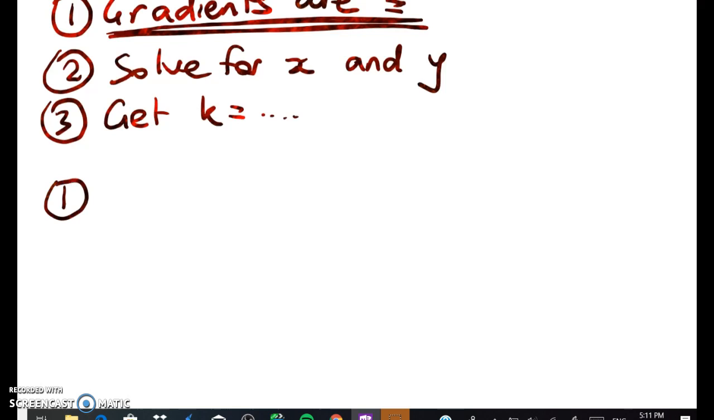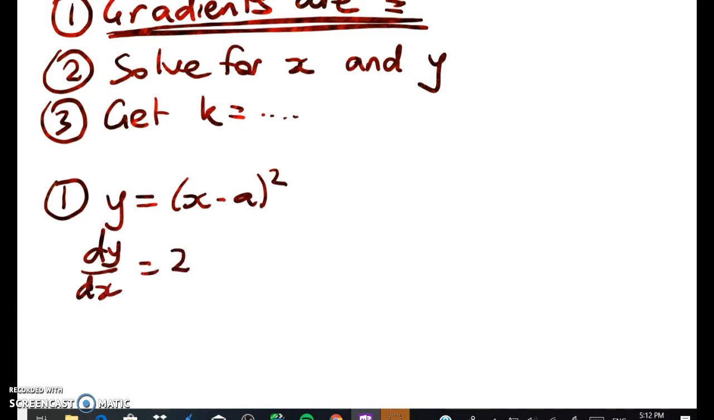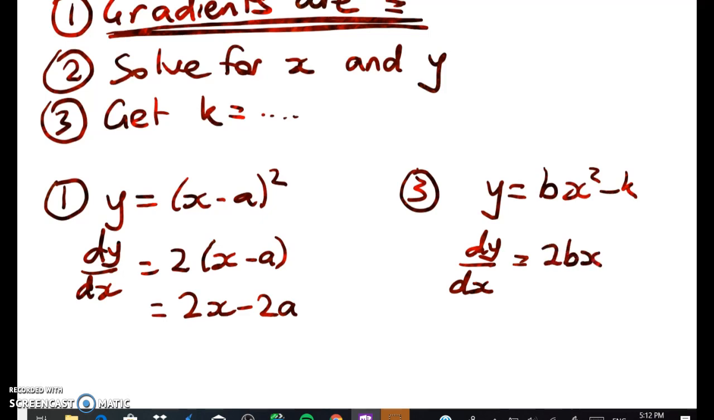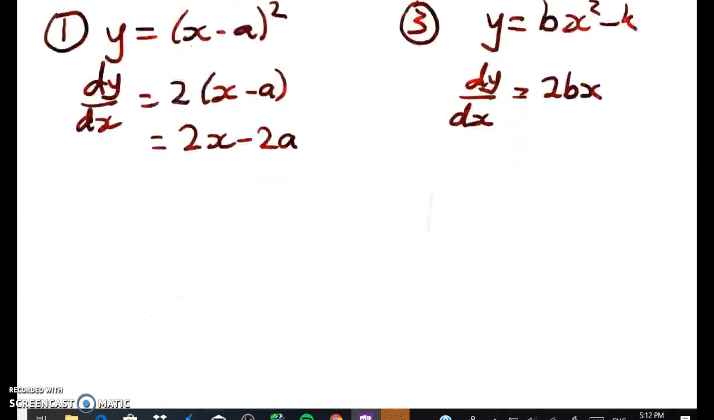So step 1, the gradients. Well, first parabola we've got is y equals (x minus a) squared. So dy by dx is equal to 2 times (x minus a), or 2x minus 2a. And parabola, I'll call it parabola 3, the shifted down one, is y equals bx squared minus k, giving me dy by dx is a very straightforward 2bx. So equating those gradients,